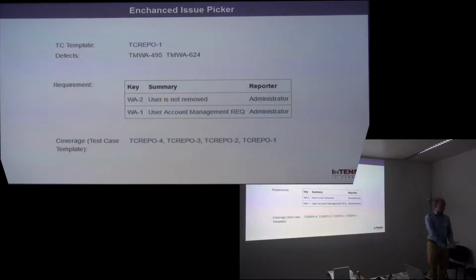Jira has one problem with linking. You cannot link, this is the first option, or you can link everything with everything. This is the second option. Very often our customers ask that they want to restrict linking, and they want to have predefined options which they want to link, for example, requirements only with changes, or defects only with test cases. Because if you create a defect, or a bug, let's say from production, of course you don't have a test case. Those are examples. These are also fields that restrict the connection and create a relation